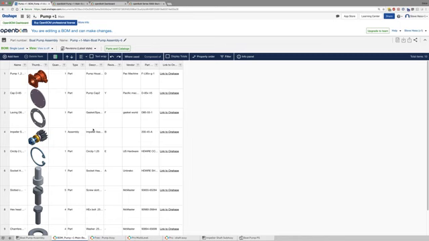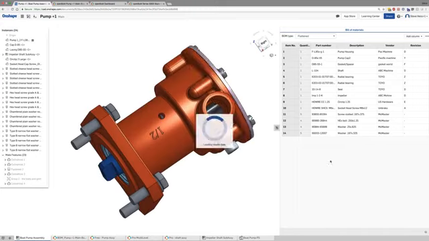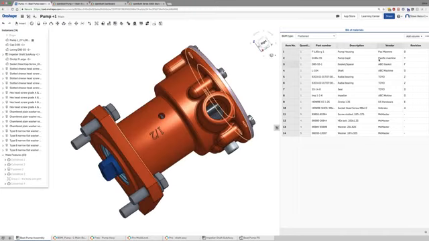So let's quickly take a look at the bidirectionality. I'm just going to make this quick, but we have a new vendor for our gasket here. It's going to be the ABC Gasket Company. And let's return to Onshape, and we see right here that our vendor is updated with the ABC Gasket Company.